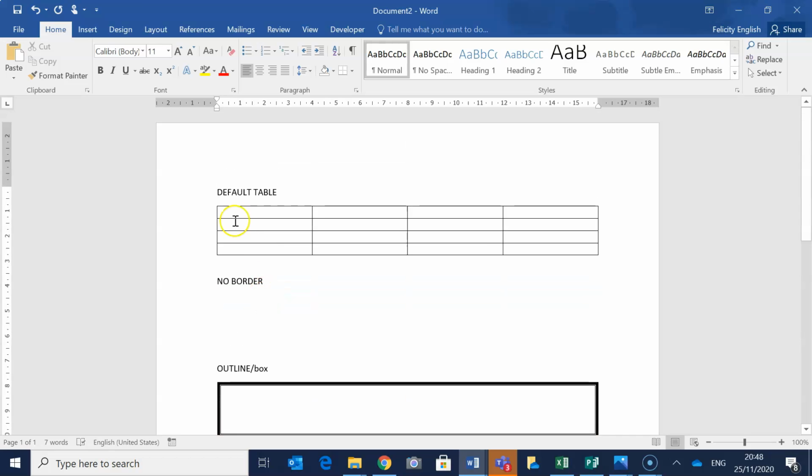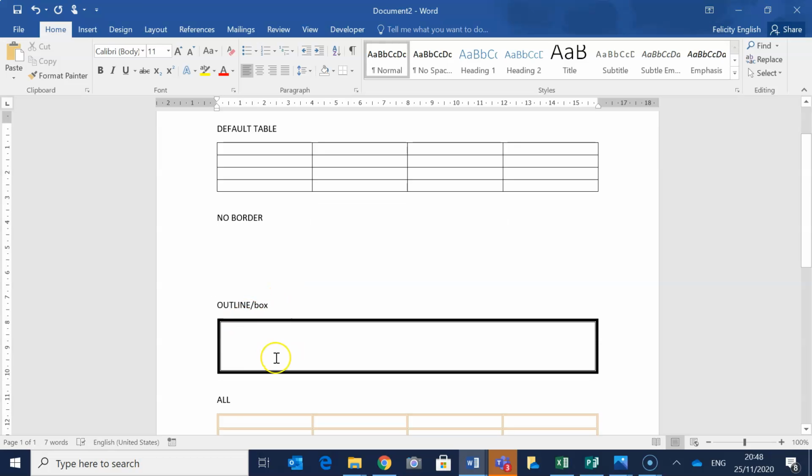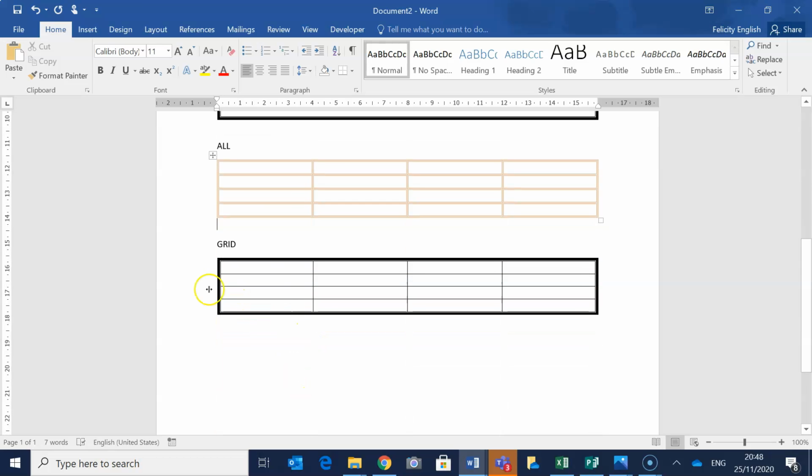So there are the different options you have. Default, there's no border, there's a box border, there's all, and there's grid. And I'm really emphasizing this one. This is where the style you pick is applied to the outside, and inside